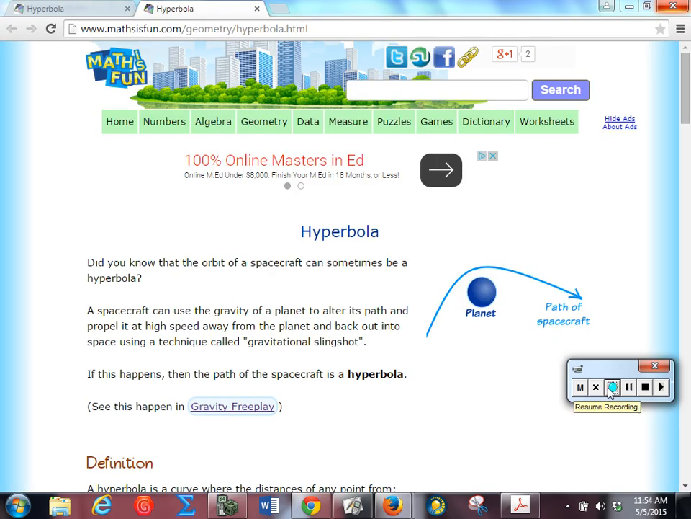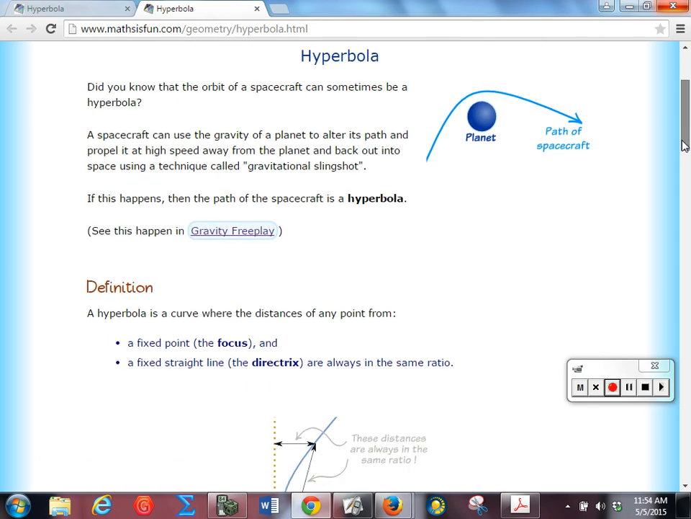Sometimes when you have a spacecraft, it can be modeled by a hyperbola. So this just kind of shows an example. As it gets close to the planet, it kind of slingshots around, and the path is a hyperbola. So the thing about a hyperbola